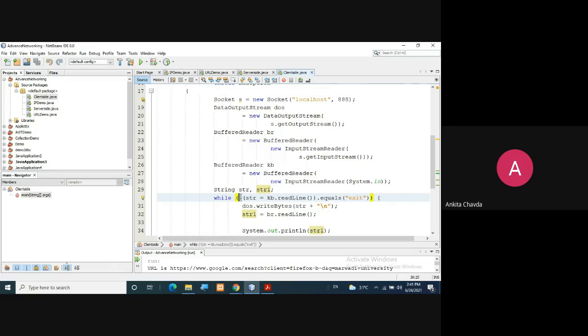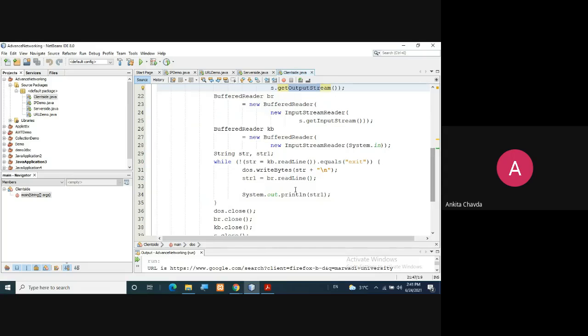And what we are doing is writing these bytes: dos.writeBytes(str). What do we have in str? That is kb.readLine. So first the user will enter some message, which I fetch via the object kb. So kb.readLine will be in str, and this str I will write onto the data output stream.